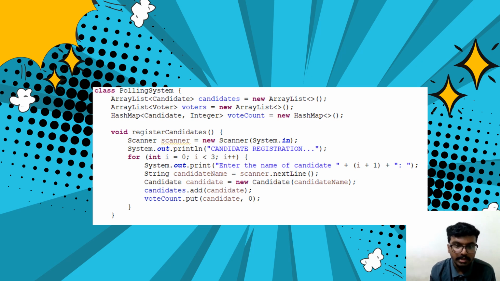Moving on to class PollingSystem. For this, ArrayList<Candidate> candidates equals new ArrayList, and then we jump into ArrayList<Voter> voters equals new ArrayList; HashMap<Candidate, Integer> voteCount equals new HashMap; and then void registerCandidates() { Scanner equals new Scanner